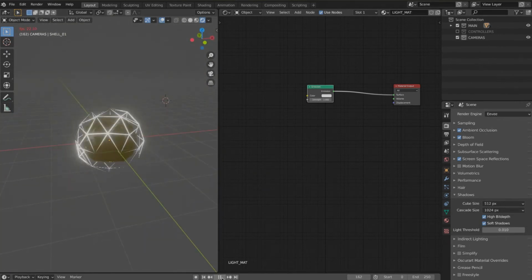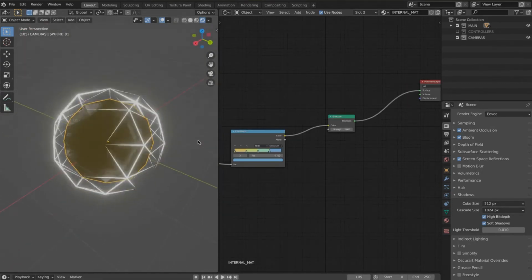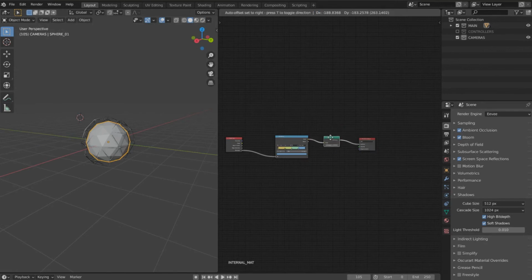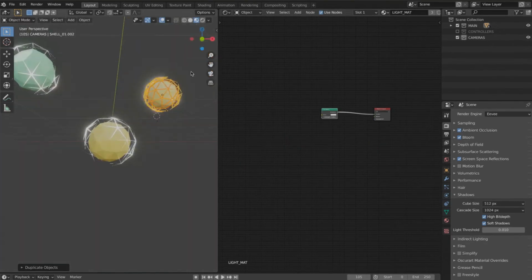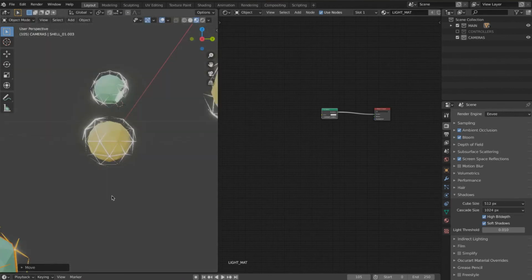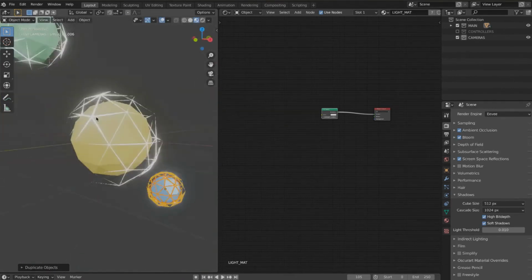In the material that we're going to call bright material, we do exactly the same, but instead of using the Principled BSDF material, we use an emission, usually with strength 3, which is enough.